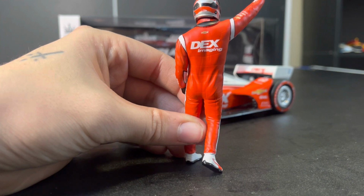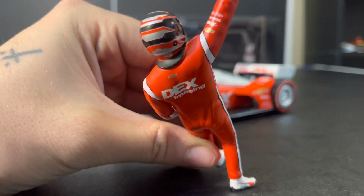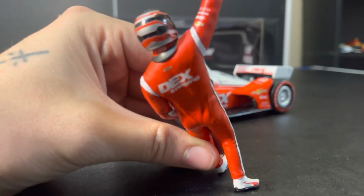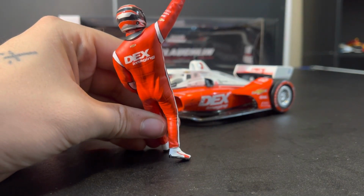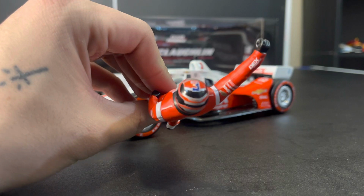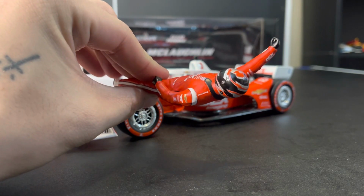actual one. And here's the thing, Greenlight knew what they were doing because you can see the FIA sticker there, the homologation sticker for the fire suit. Maybe. But yeah, it's right there. The helmet's nicely done. It's got the number 3 with the New Zealand flag on it. And just a decent paint application, or